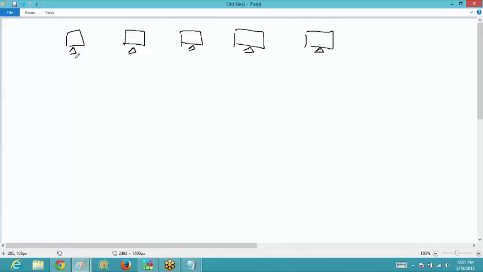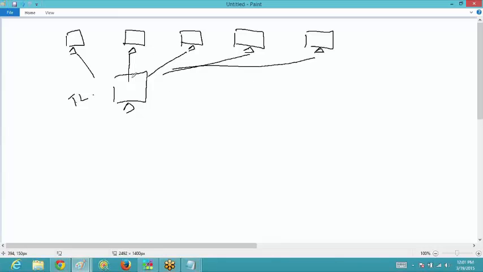Now if these test cases are to be reviewed by the test lead, what will they do? They will mail the things to the test lead, right? So this is the system of the test lead, and he is getting all the inputs from the testers and he is going to review the test cases. If there are some points of improvement, again he has to mail it back to the various testers, saying what all are the points of improvement.